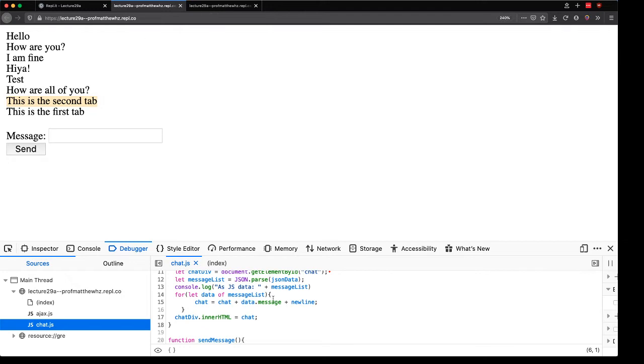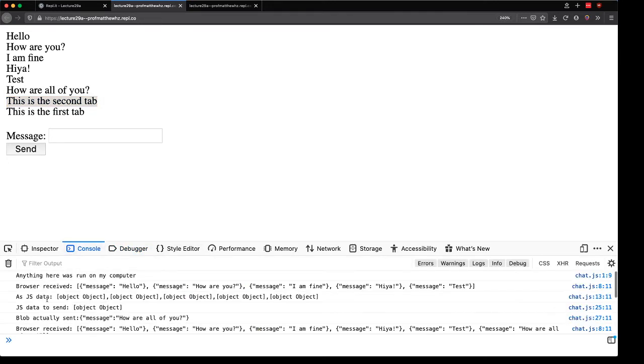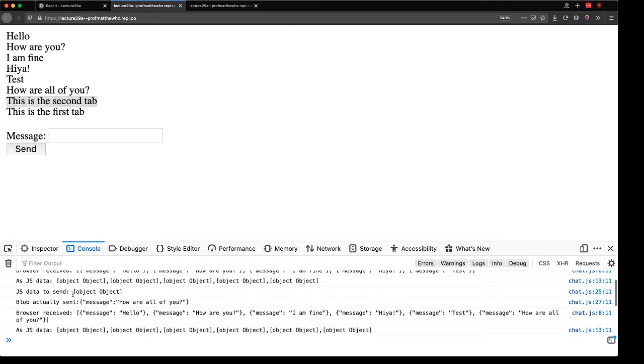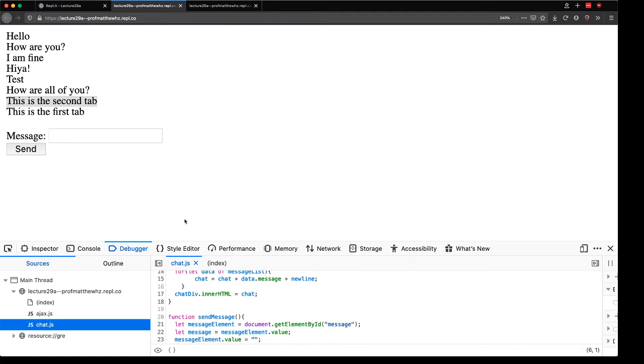So for send message, whenever I send a message, we have the data that we want to send, which is going to be an object. And we're going to convert that to a JSON blob, which is a string. So we're going to take that object and turn it into a string, right? In send message, we get that text box. Now, if we want to read from the text box, we have to use .value. The value is the key. So we'll get whatever its contents were,